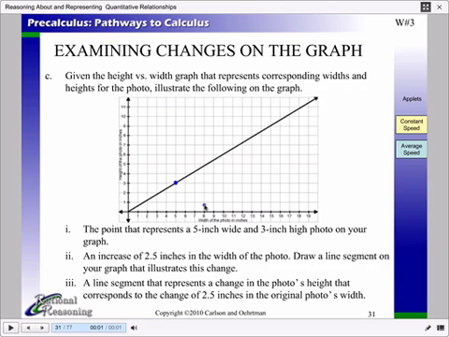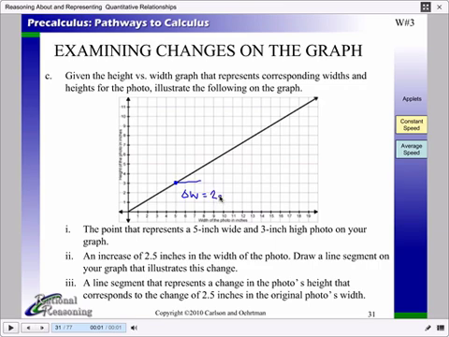How can I illustrate an increase from there? So I've got a 5 by 3 photo, 3 by 5. I want to increase the width by 2.5 inches. How could I illustrate that or represent that on this? This is really important. On this, what would I do to show an increase of 2.5 in width? Yeah. Go over 2.5 squares on the W-axis. Which way? To the right. From there, I could go over 2.5 squares. That segment right there represents delta W of,